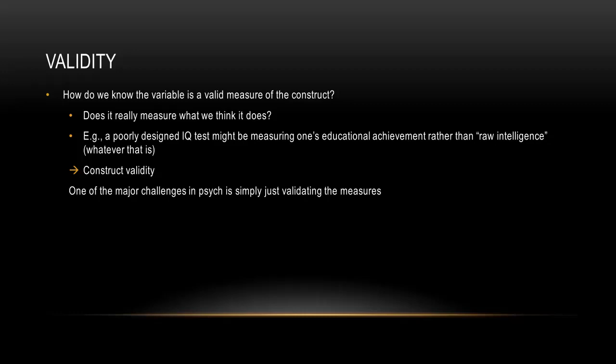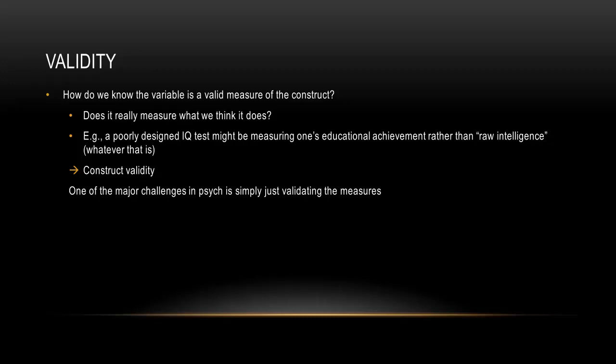And there's a lot of ways to do that. In fact, maybe we don't want to go down that rabbit hole, but there are things such as determining whether or not, let's say, intelligence is supposed to be something that's pretty constant across your lifespan and over time, right? So if I give someone an intelligence test and then I wait a year and I give them another intelligence test, I should expect them to score about the same. Maybe not identically, but pretty similar. But if suddenly their IQ took a big swing up or down by 30 points, I might think, did the person change that much, or really is it something about the test that's just not valid, right? Their intelligence was actually constant, but their test is measuring something else that's actually a little bit more variable over time.